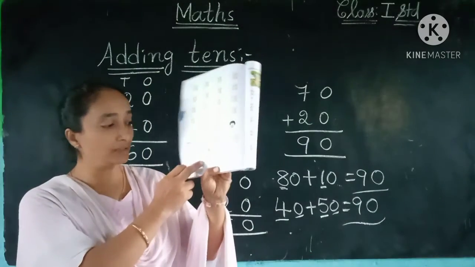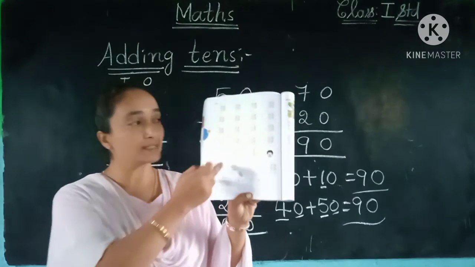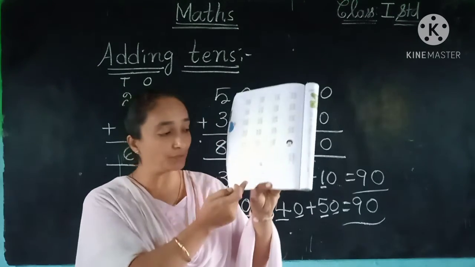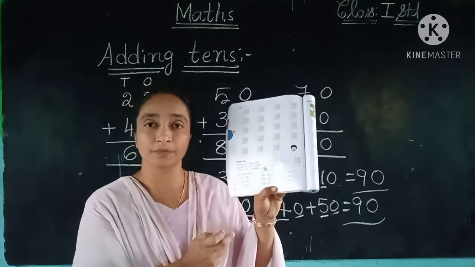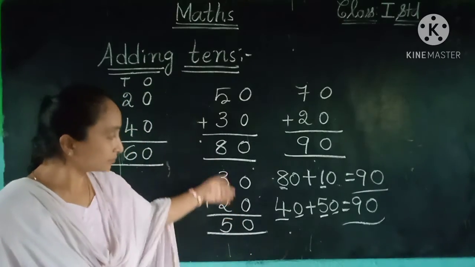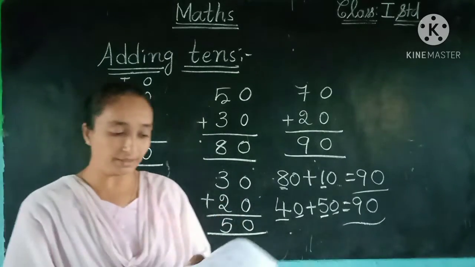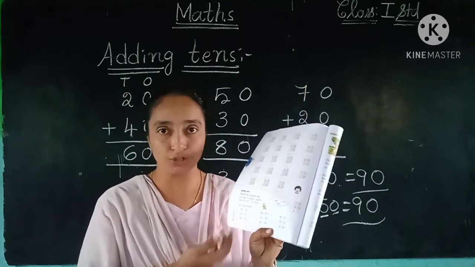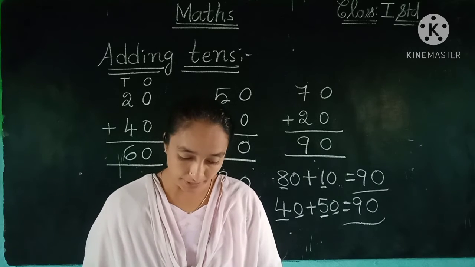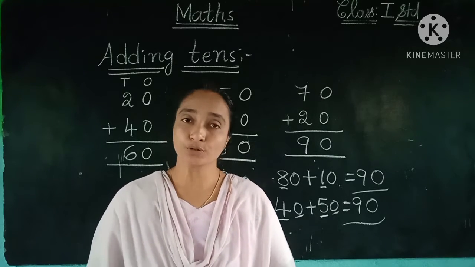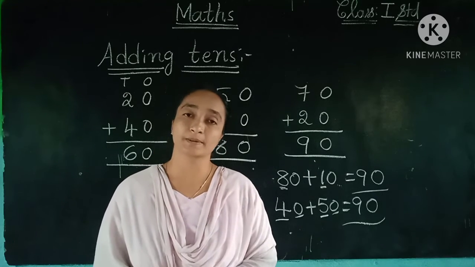So here we have, children, the textbook page number 146. This exercise is completed after this. So this also you can do it, children. Already I have done so many there, nearly 6 I have done here. So very simple. The remaining you can do on your own. So here we have completed the adding of 2-digit numbers, children, the sums.